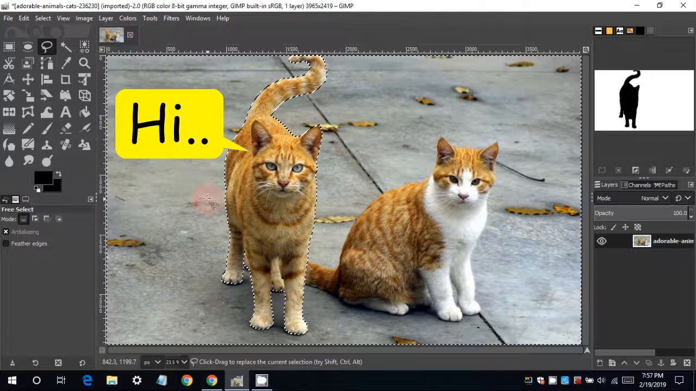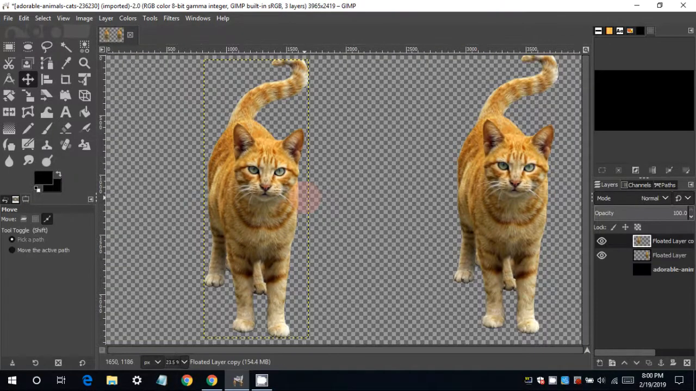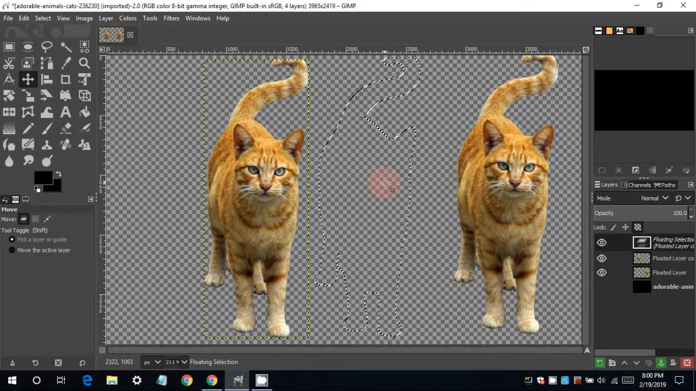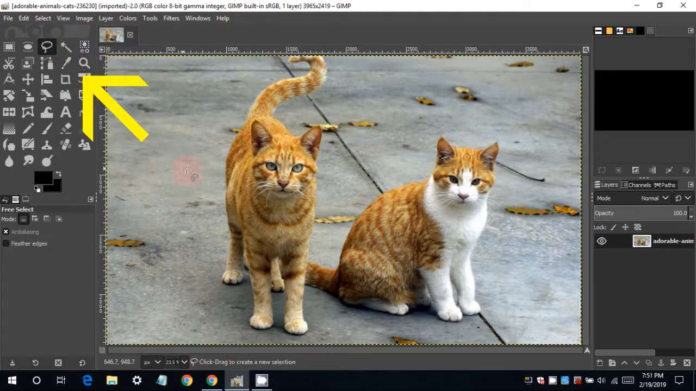In this video I am going to show you how to remove a background from an image. Like in this video I am going to cut out the rest of the image except the cat using the free select tool, the easiest way possible. So let's do it. First of all, select the free select tool from the tool section in the GIMP window,